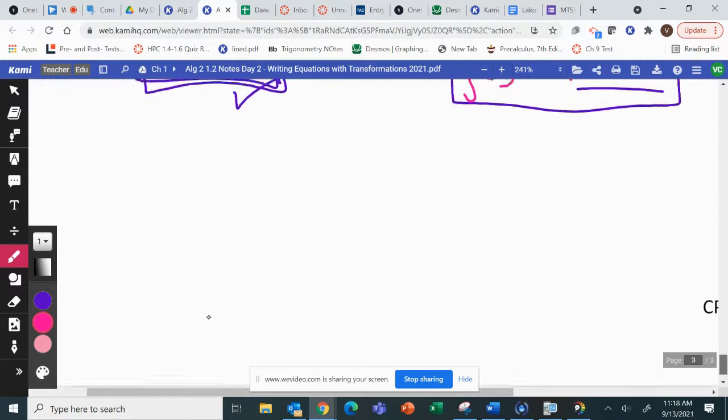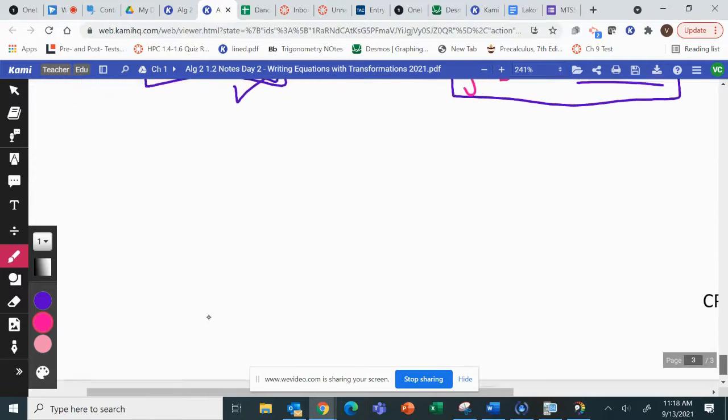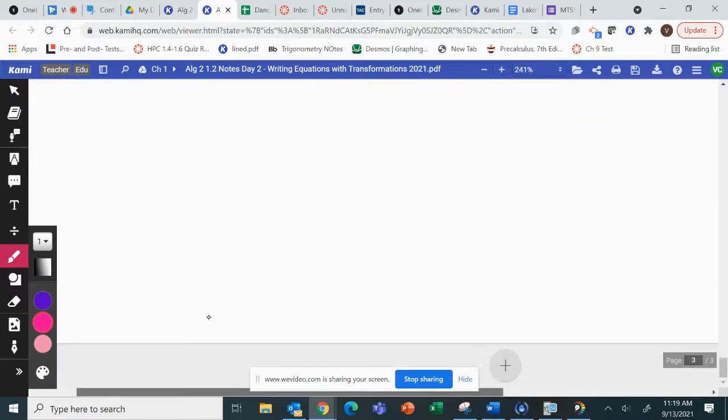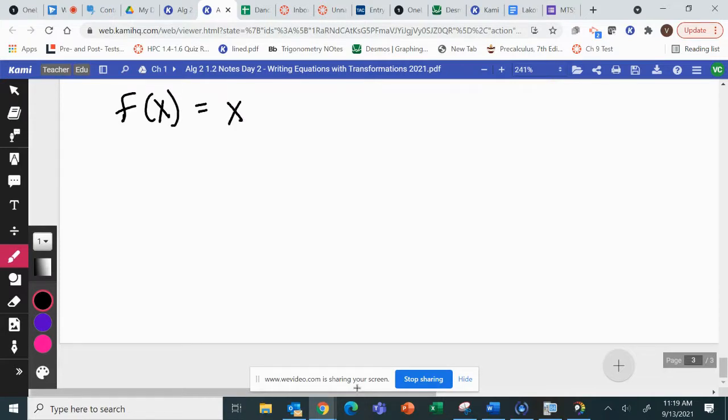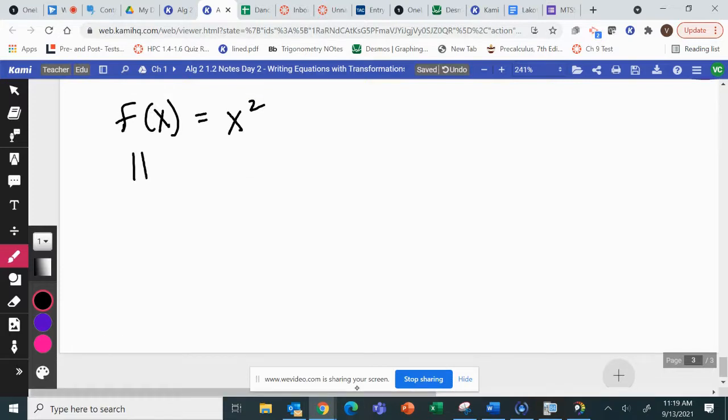I want to make up one more, just because we didn't have as many examples on day 2 as we did for day 1. I'm going to make up one more where I see people make a lot of mistakes. I'm totally making it up from scratch here. Give me a second. We'll say f of x is x squared. We didn't do any x squareds yet. We're going to have a horizontal